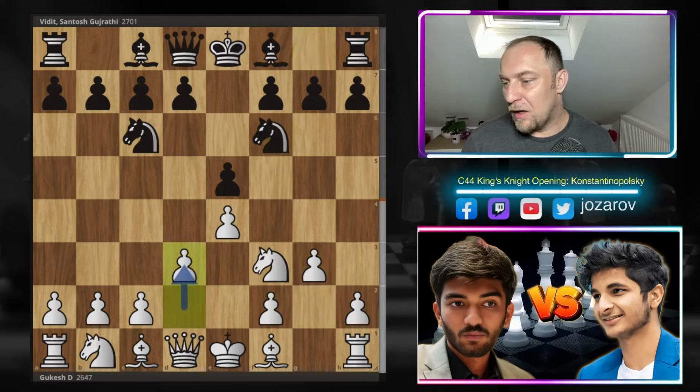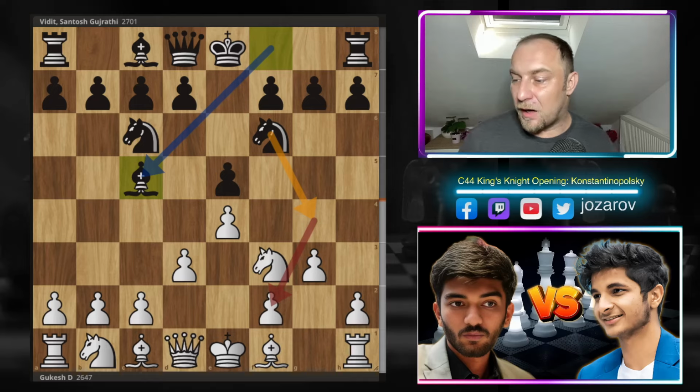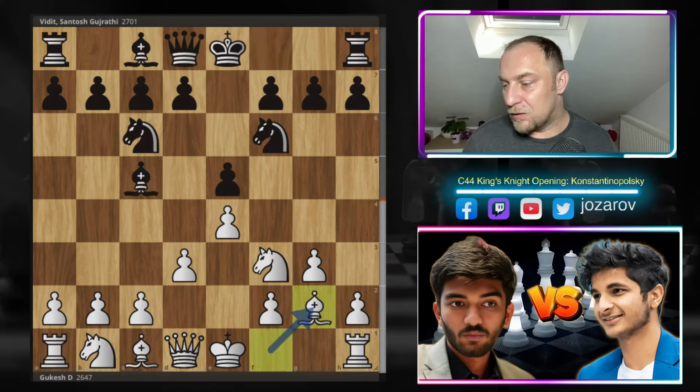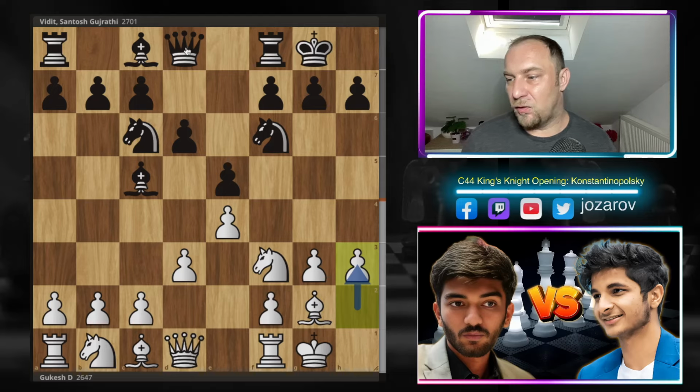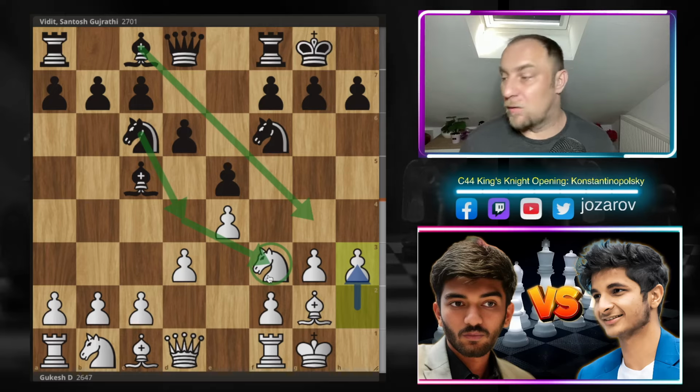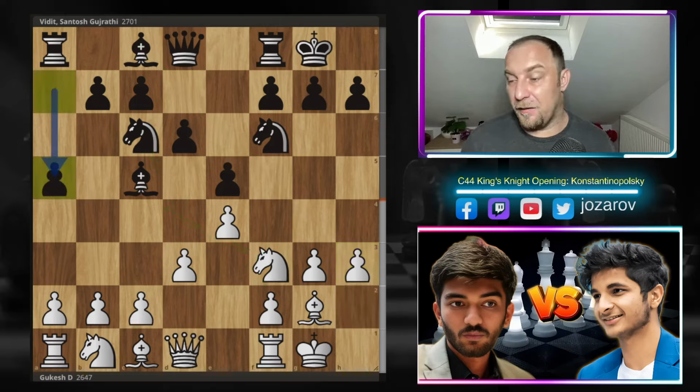Knight to f6, d3, bishop to c5, targeting in some lines the f2 square, bishop to g2, d6, castling, and now h3. Prophylactic idea here by Gukesh, not allowing bishop to g4 to happen, then you could have some trouble around the square f3. a5 by Vidit, good move I would say, not allowing some ideas of a3, b4, but also after potential c3, d4, simply retreating with the bishop on this diagonal and keeping everything compact here on dark